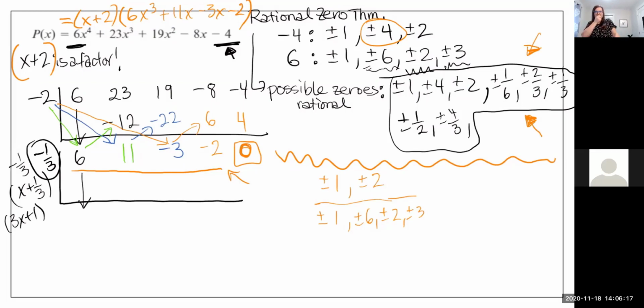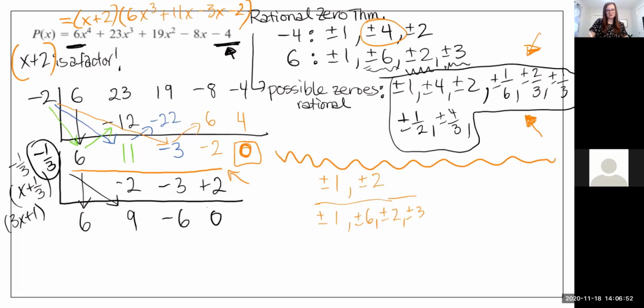So let's do one more layer here, but this process is going to be very similar. So let's run through it together. So 6, drop the 6, multiply by -1/3. So -6/3 is -2. 11 minus 2 is 9. Multiplied by -1/3 is -3. -3 minus 3 is -6. And -6 times -1/3 is +2,